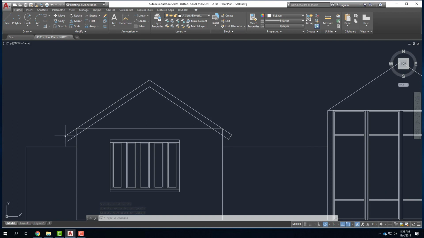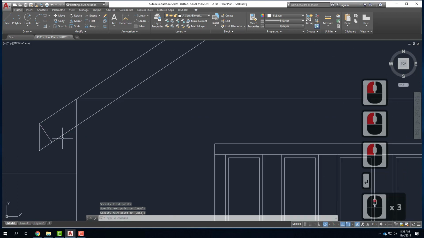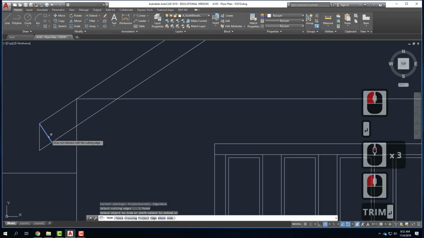If you were going to have a gutter to collect rainwater on your house, you would need to have this as your fascia because you need something flat to nail the gutter to. If you're up in snow country and it's just shedding right off, something like this is perfectly acceptable. So it's a matter of look, it's a matter of decision for you. I'm going to go ahead and keep them square like this. Let me turn on my perpendicular snap. There we go. And that'll let me trim